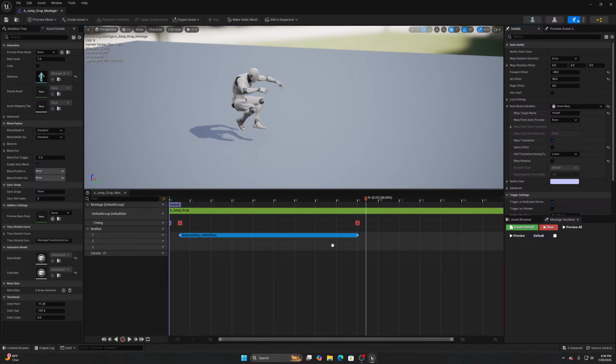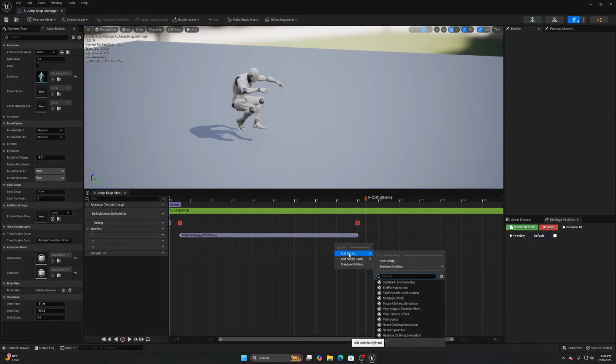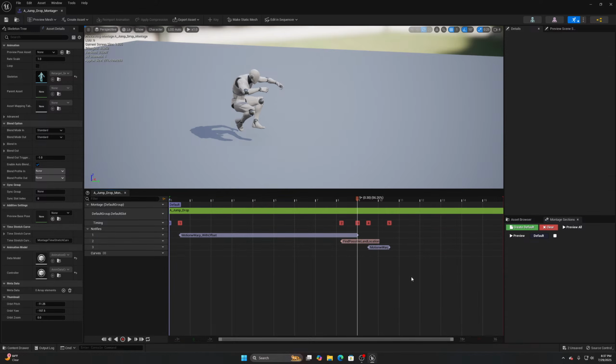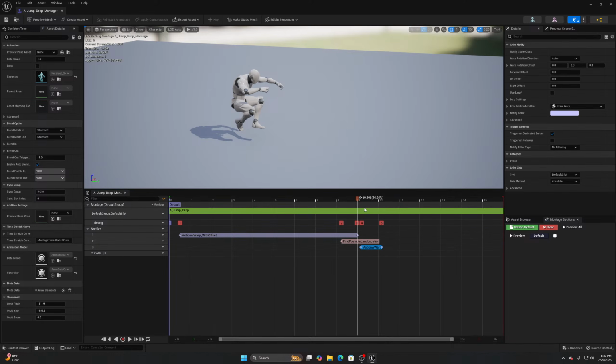30 units as well. Now, as I said before, we need to call in the landing trace, so find possible landing location, and then we'll set the search from height. The max search down distance or Z distance will be 60, forward distance will be 50, and the forward offset we'll just keep 0 because we don't really need it to offset. It can start right from where we know the height is, right? Because then from here we can go again motion warping with offset and just look at where he